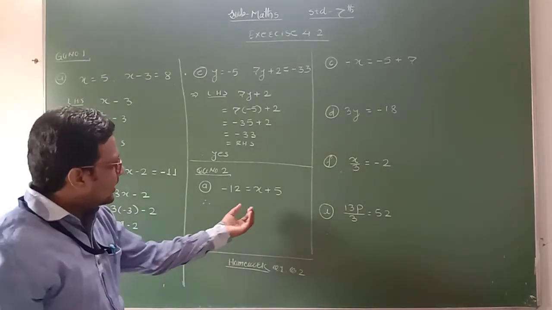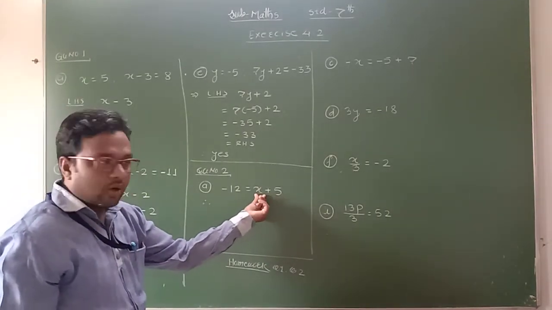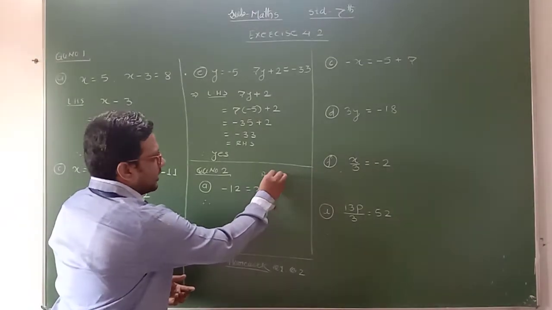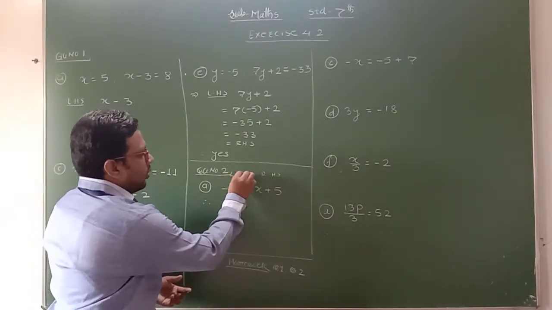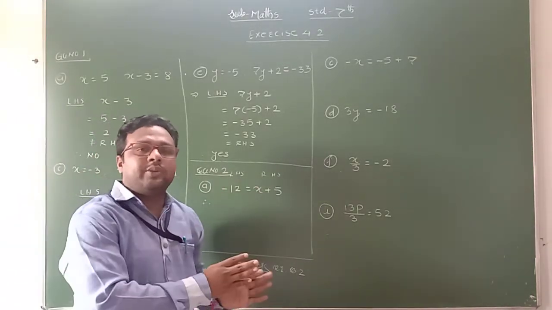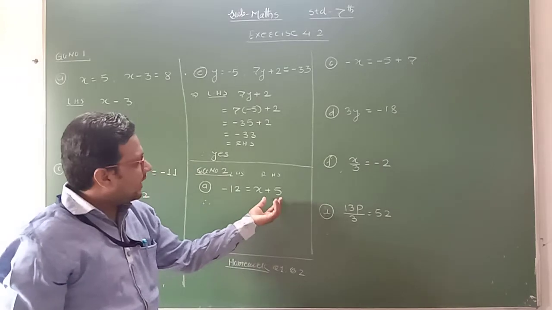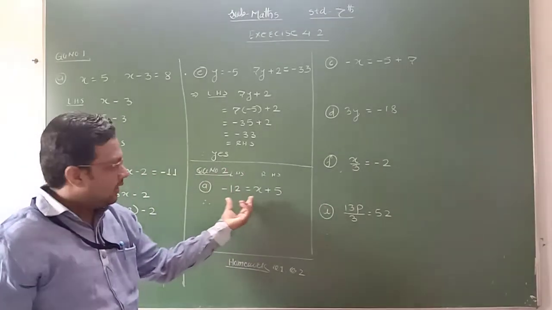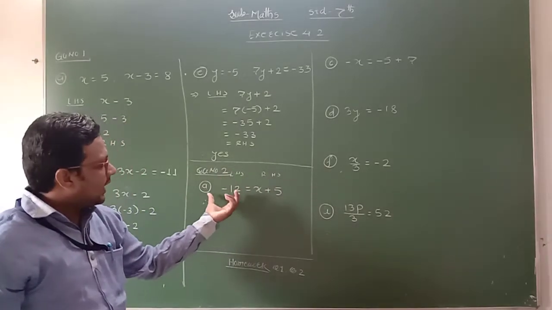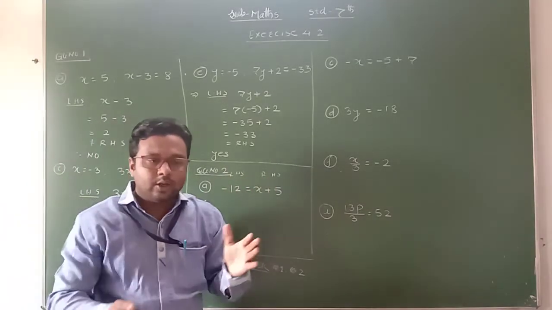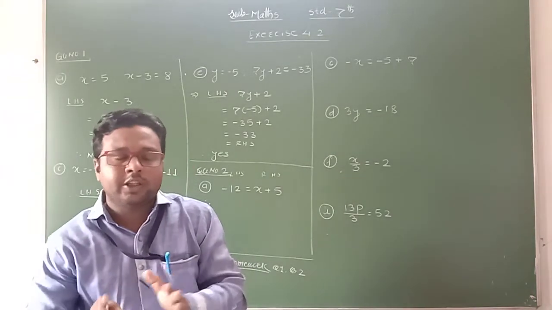Therefore, on which side is the variable? On the right hand side of the equal sign. This is the right hand side and this is the left hand side. What you have to do is transfer the number to any one side of the equal sign. If you decide, here we have to transfer plus 5 to the left hand side of the equation. Then plus becomes minus according to the transposing method. Remember this rule.